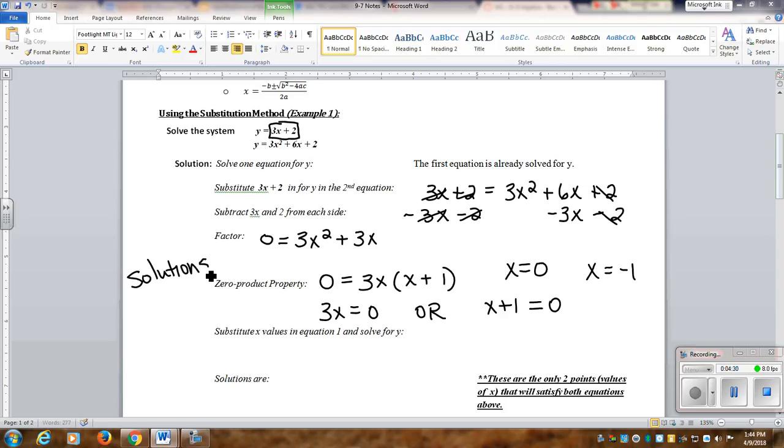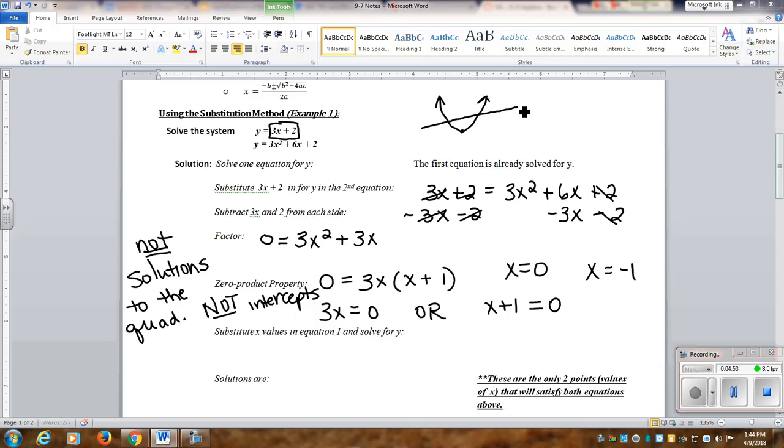Okay? These are not solutions to the quadratic. These are not your x-intercepts. So they are not intercepts. What are we looking for? Keep in mind, we are looking for